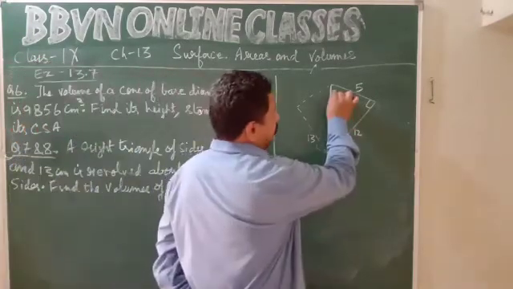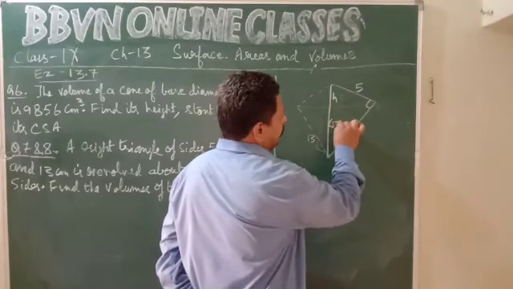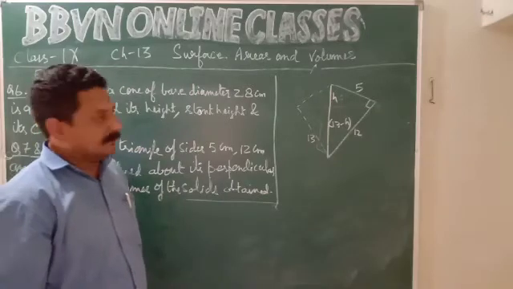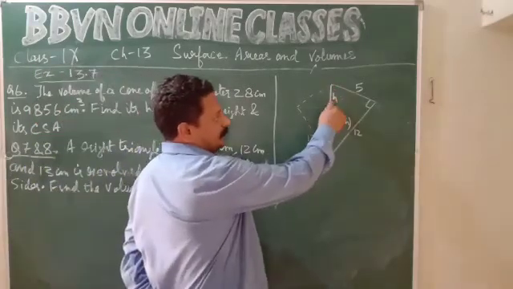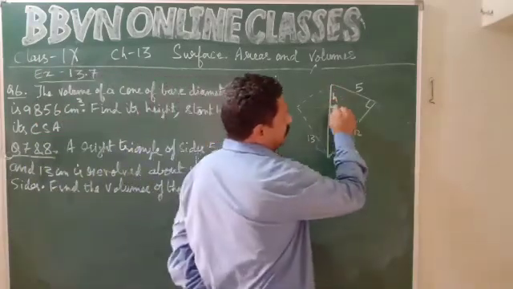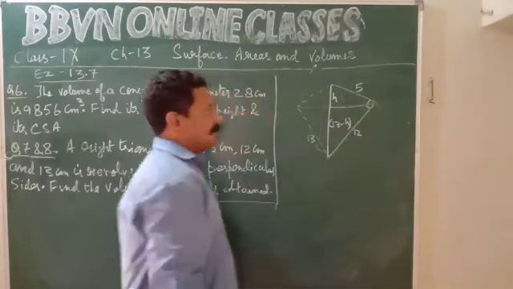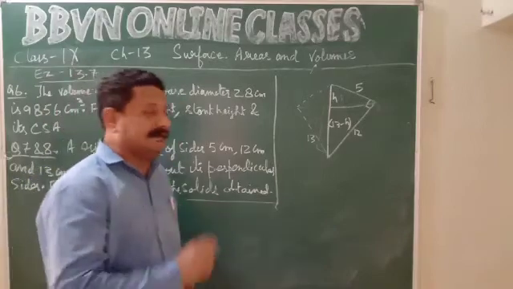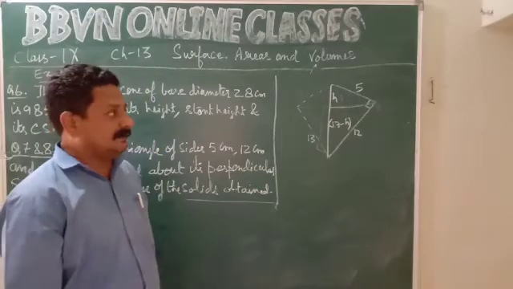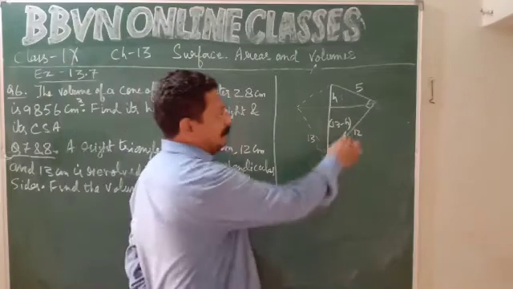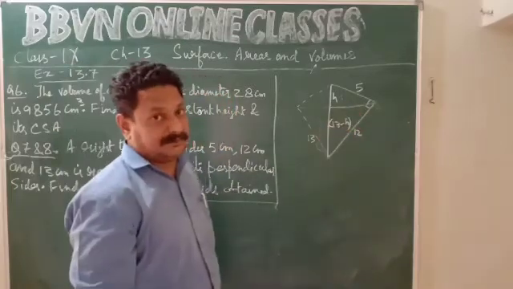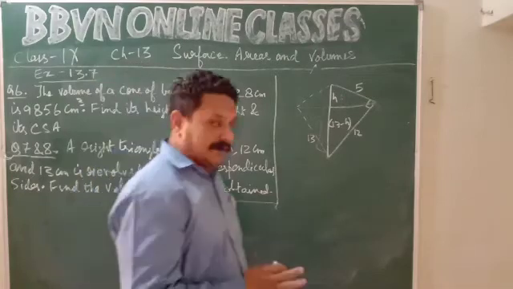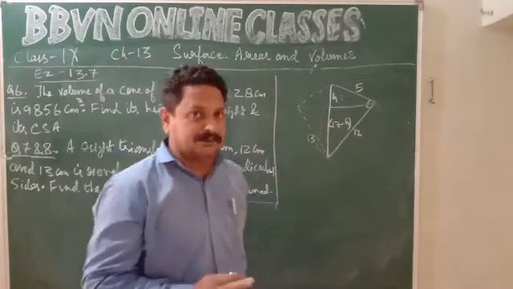So if this is H, this will be 13 minus H. Understood? So इस height को H मान लो. अच्छा, अब ये radius कितना होगा? Any idea what will be the radius? So this is the activity that I am giving you. This is an activity. You can find this R. See if you can solve it and work out this problem, work out the solution of this.